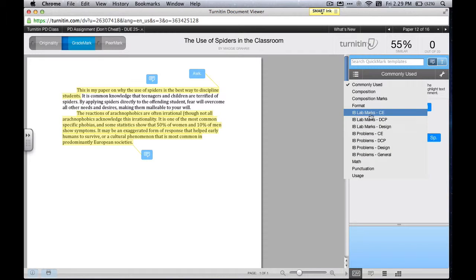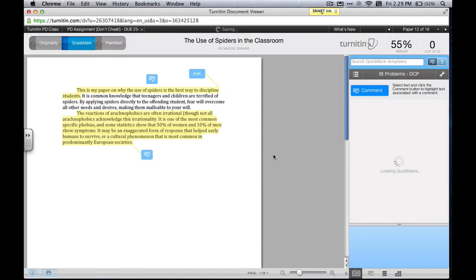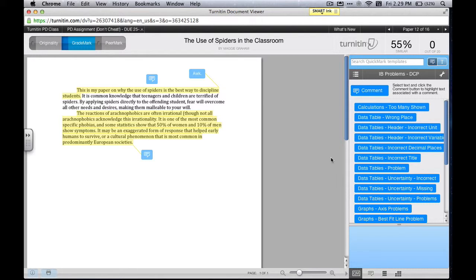Now I've made them for problems in lab work. I set them up like this. I want them to be more descriptive. They take up more space, but I think they work a little better, so the students can quickly see what the problems are. Like calculations, you've shown too many. One of the things in lab work is that if you have to multiply two values, we only want to see you do that once, so we know that you've done it. I've had students who will show you how they multiplied every single value. I don't want to read that. Stop doing it. So that's why I put that in there.